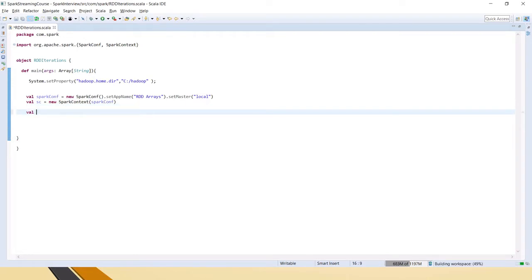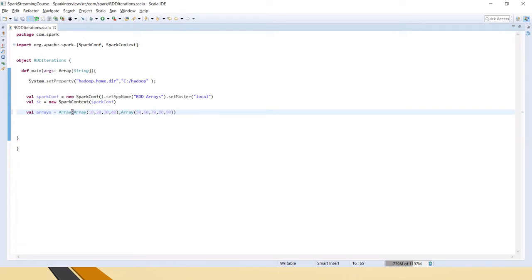So now let's take some array data. Array of array, then we will give some array details here, so that this internal array will have multiple elements and this outer array will have multiple arrays of elements. Okay, let's take 10, 20, 30, 40, something like that. Then another array we will take like 50, 60, 70, 80, 90, something like this.